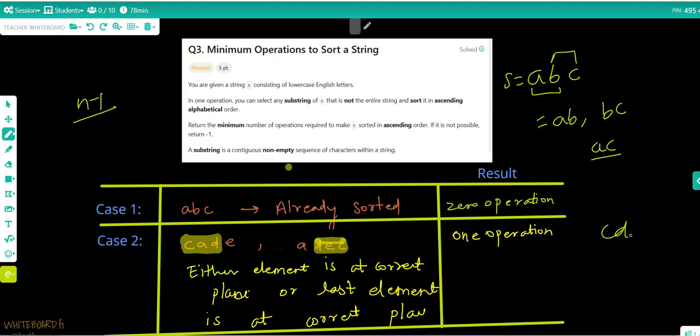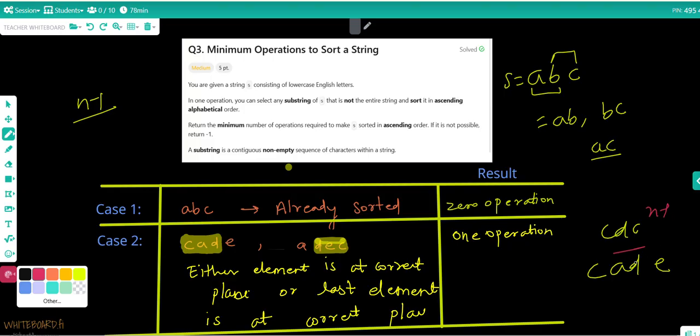You cannot choose in the middle with n minus 1 length, because then one character is left on the right side and one character on the left side. So the n minus 1 length is possible only if you choose the whole left side or the whole right side. This will give your optimal result.